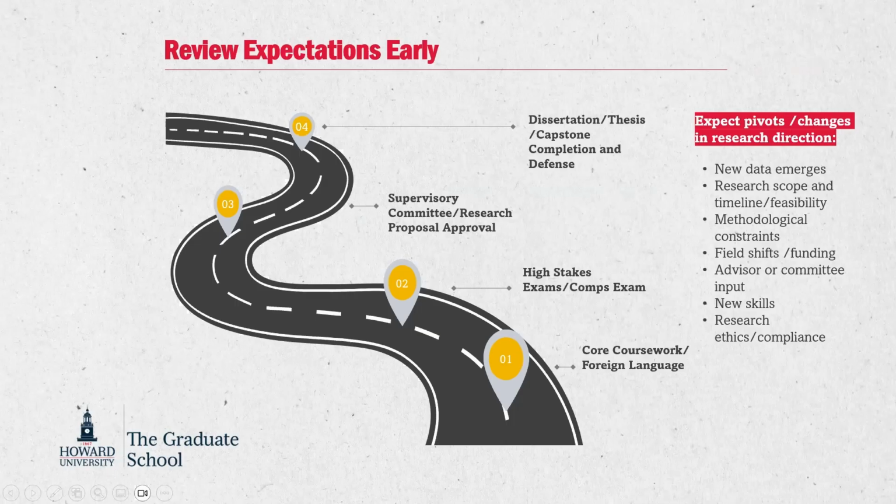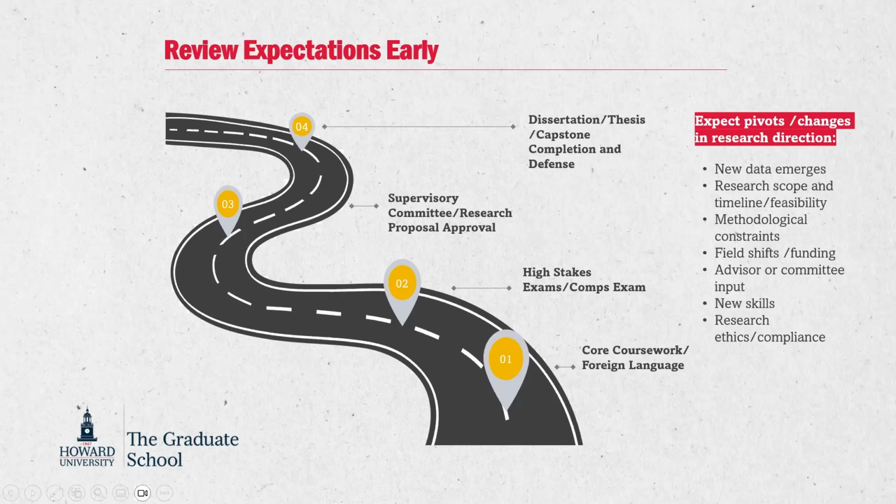And then in the later stages of your advancement in your program, you move towards looking at maybe a research proposal if you're in a PhD program, or if you're doing a research-based master's and you're doing a thesis, you're going to look at what your research proposal is. You're going to gain approval for it, put together a committee that will guide you and provide feedback about your research and how it's moving. And then finally culminating in the dissertation, thesis, capstone, whatever, which is what you'll complete in order to obtain your degree.